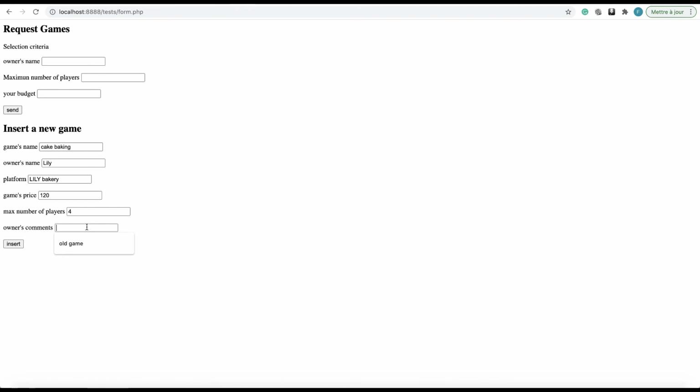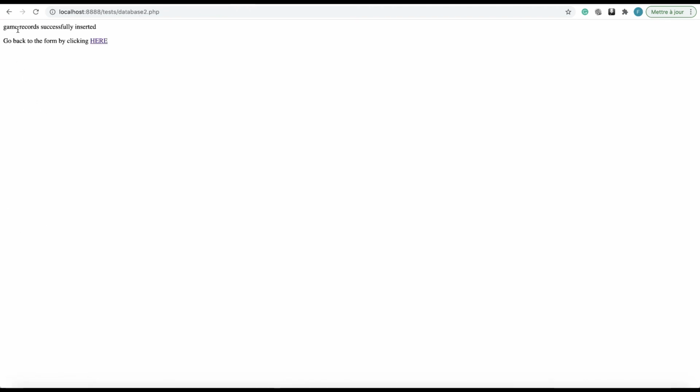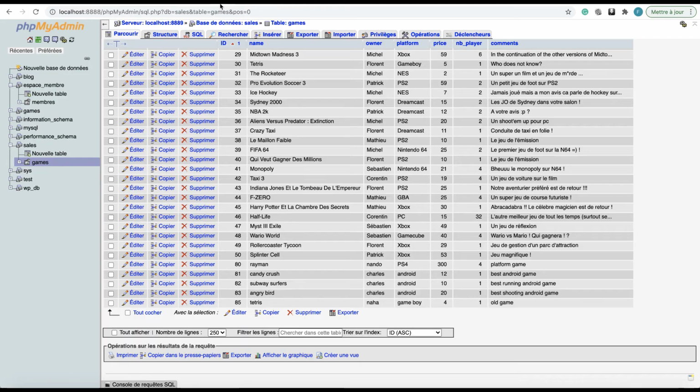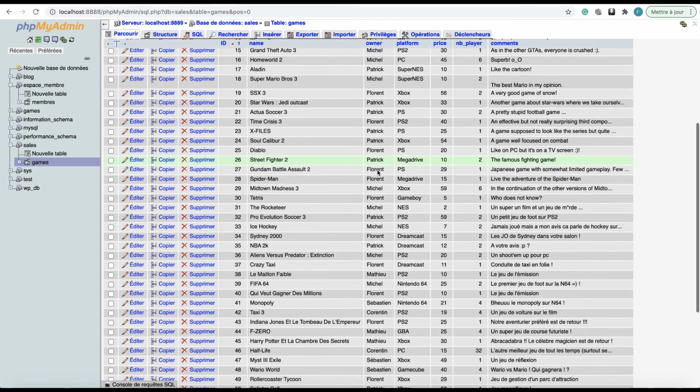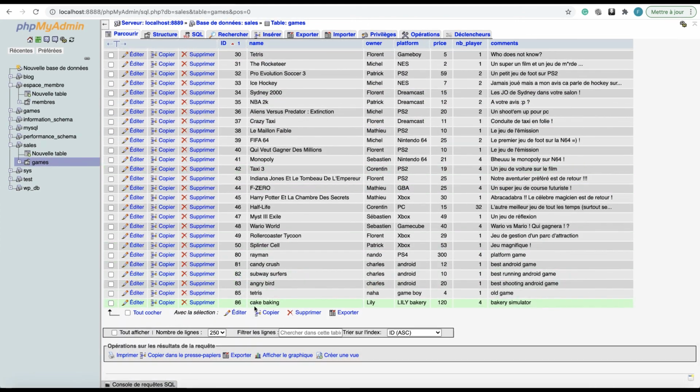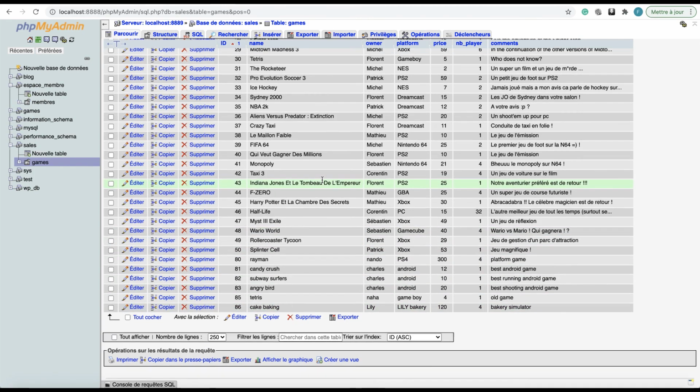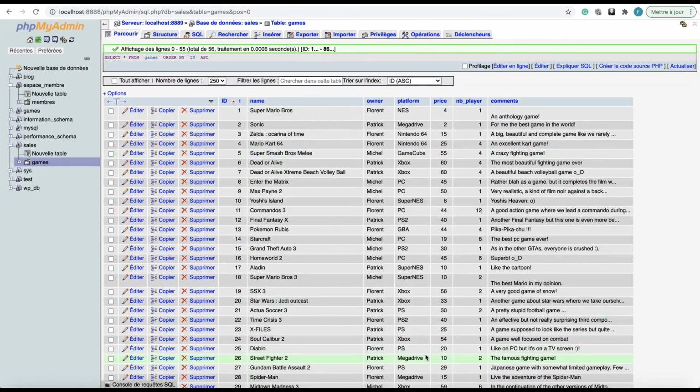Owner's comments is like Bakery Simulator. Insert it. We have game record successfully inserted, and let us go to phpMyAdmin and refresh our database to see if the thing has been inserted. You can see here cake baking Lily Bakery 124 Bakery Simulator.